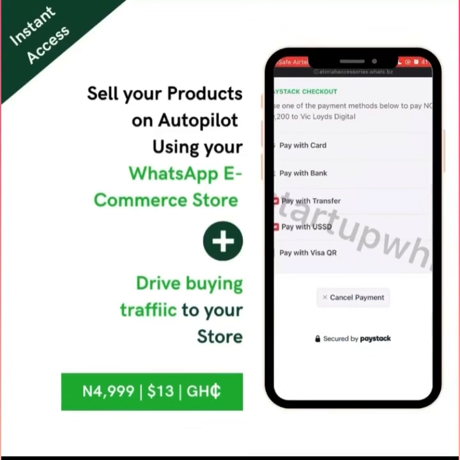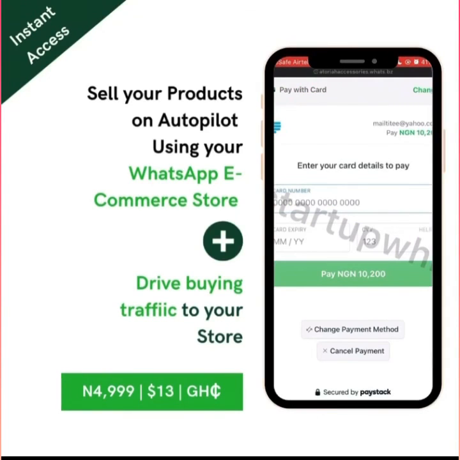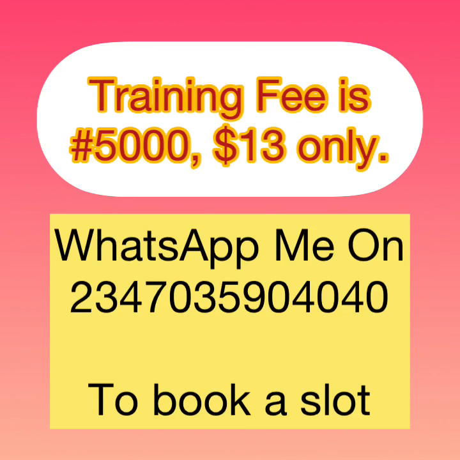So they can pay with their card, pay with bank, pay with transfer, pay with USSD, whatever option they choose. So let's assume they want to pay with their card. They just click here, fill in their card details and pay. And voila, you've gotten your alert. You sold your product. Amazing, right? So you see why